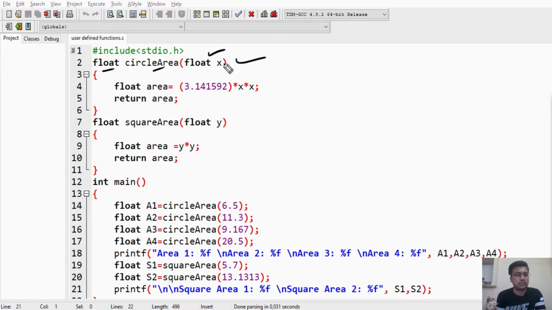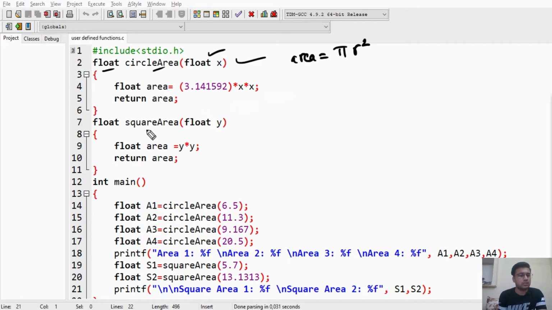Float x is the parameter here. Now we have initialized another variable area, and it will calculate the area of the circle, that is pi r square. Here radius is x, so it will multiply it and return the area. Remember the jump statement, it will return the area to the main function whenever it is called.